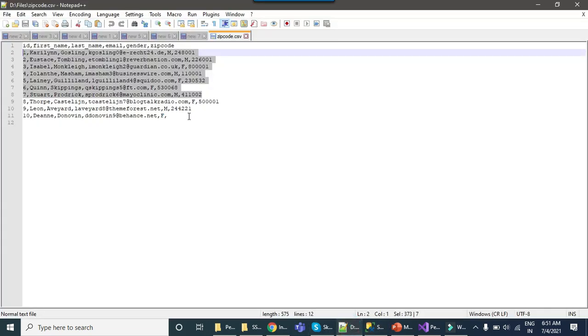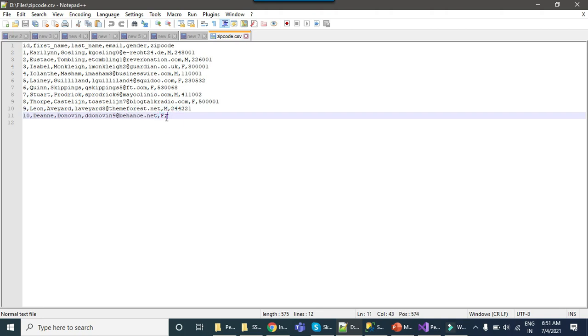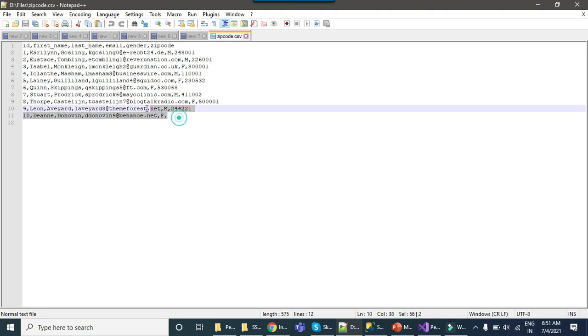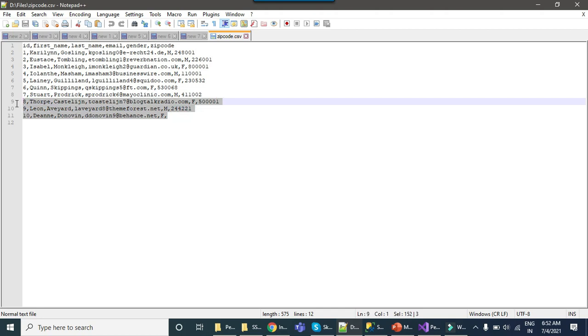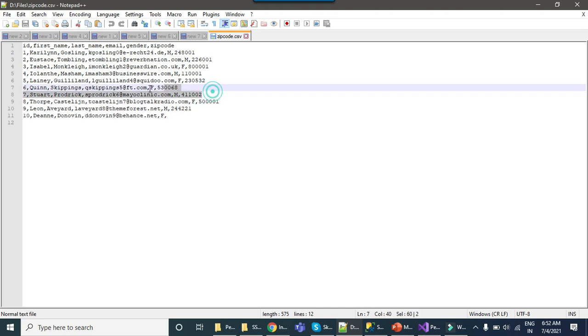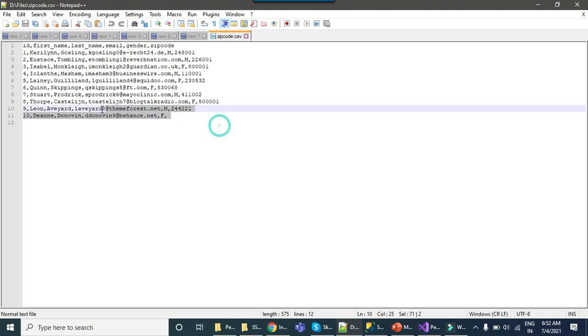For the last 3 records we don't have a matching zip code in the reference table, so these will be unmatched data. They will not be matched because we don't have similar data in the SQL Server table, which will be the reference table in our case. So 7 records will be matched, and the last 3 records will be unmatched.